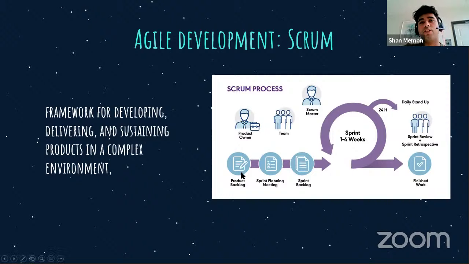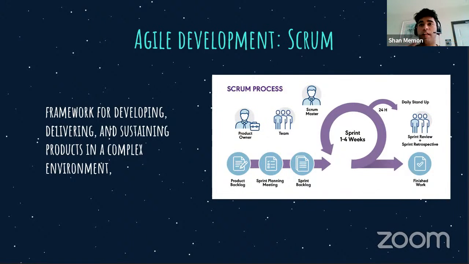Basically, how the Scrum process works is you have a product backlog of a bunch of to-dos on a list that you need to get done. Then you have a sprint planning meeting where you pick requirements from the backlog. You basically say, okay, this week we're going to target these 3 tasks or these 4 tasks based on their difficulty. You want a reasonable amount of difficulty to be able to finish everything for that sprint. Then all those things from the sprint planning meeting are put on the sprint backlog.